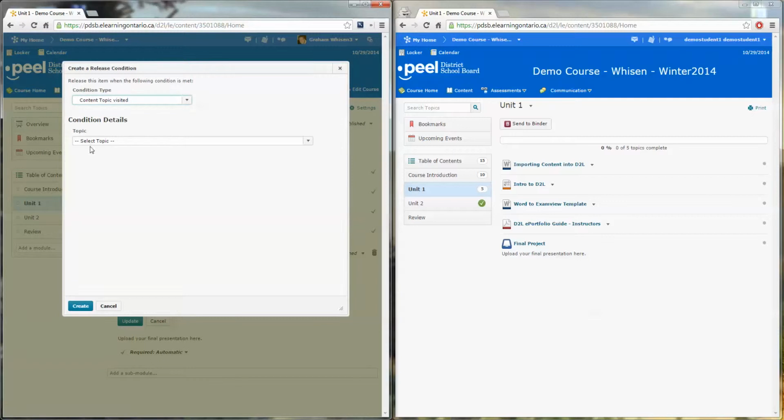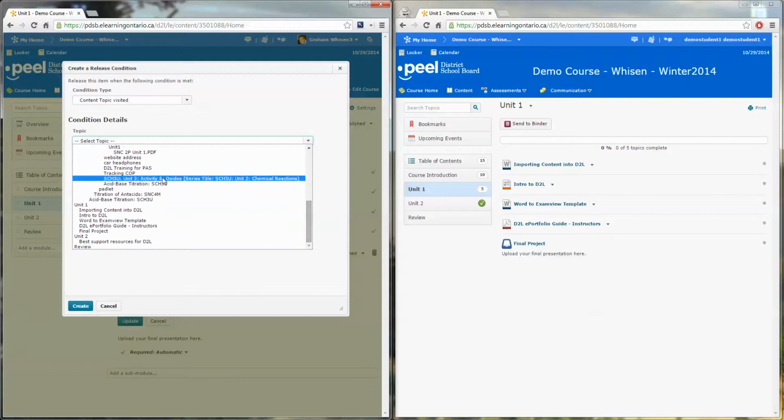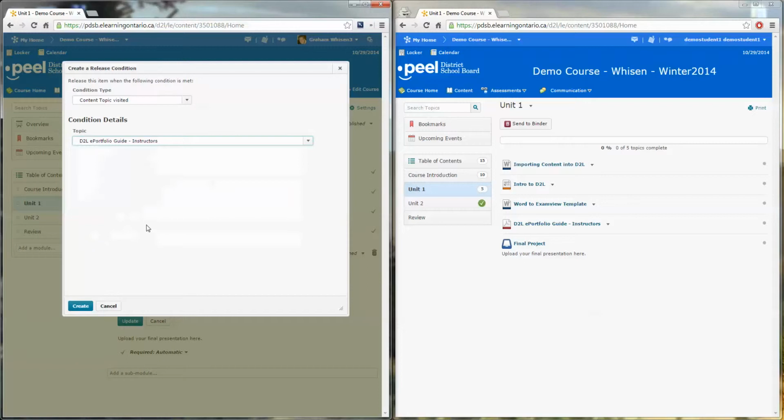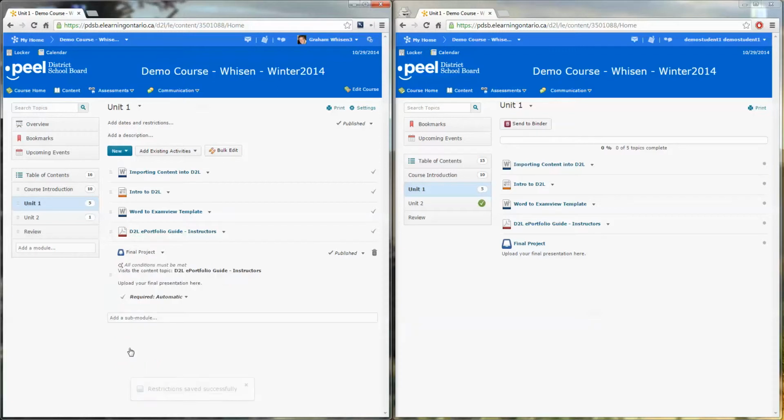So at that point, it's going to then let me search for the content in my course, and I know that I was specifically looking for one down here, Unit 1 D2L ePortfolio Guide Instructors. Okay, so don't forget to click the update button, because most often I've done this myself, it looks like it's been applied and then I start navigating somewhere else and it hasn't actually taken hold. So make sure to click the update button. Once you do that, you're going to see a little icon here that certain conditions must be met in order to see this. So if I go and refresh the student page,